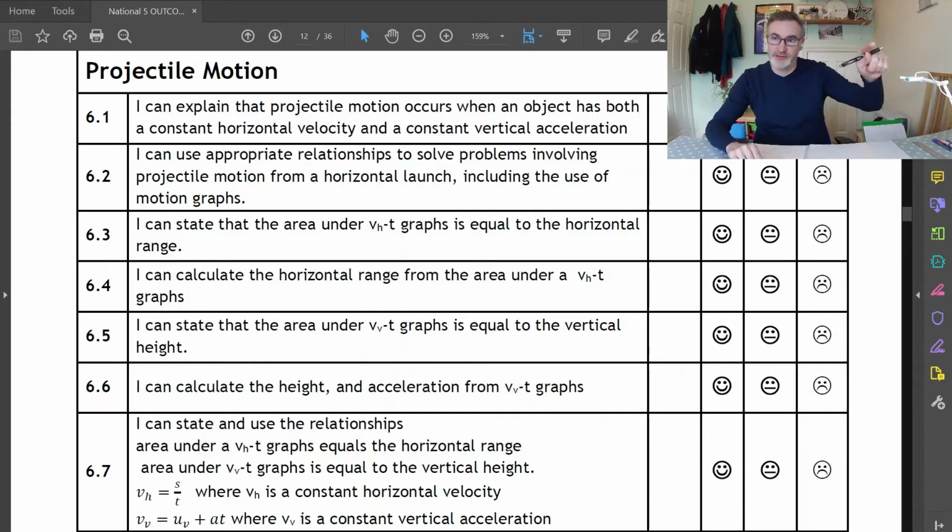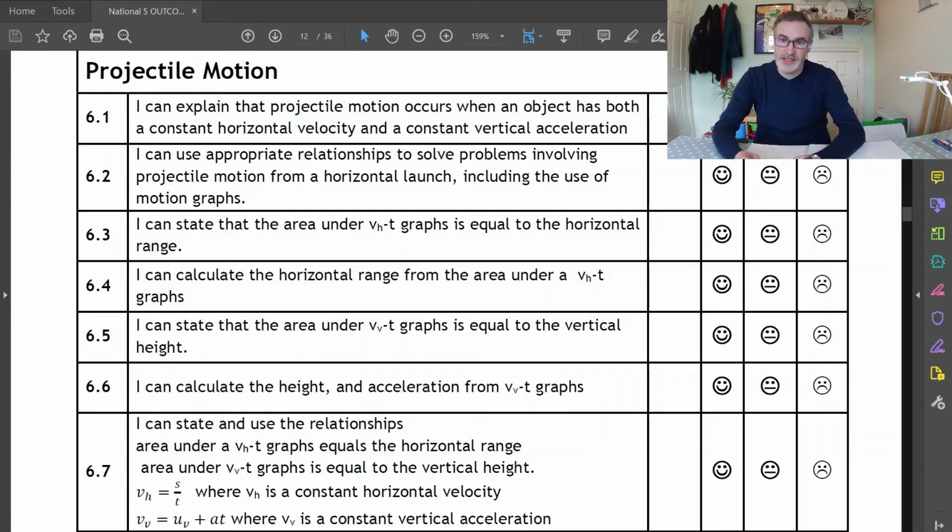If you project something from the top of a cliff and it moves out and falls down, then the distance from the point that it lands to the base of the cliff would be the horizontal range. And I can calculate the horizontal range from an area under a VHT graph, which is saying pretty much the same thing. Now, I can state that the area under a VVT graph, so vertical velocity time graph, is equal to the vertical height, i.e. the height of the cliff. And again,